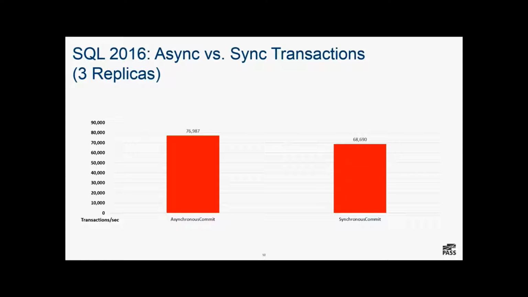Okay, let's wrap up and talk a little bit about async versus sync. The purpose of this chart is simply to show the impact on a three replica AG, 1 primary, 2 secondaries, of sync versus async. The async throughput is about 77,000 transactions per second, and we, oops, excuse me, oops,